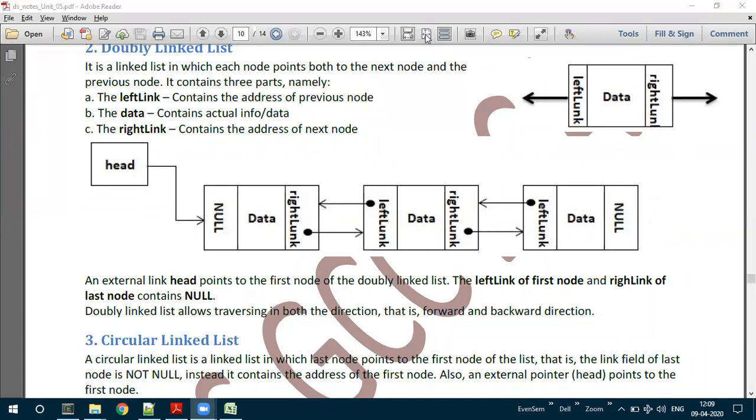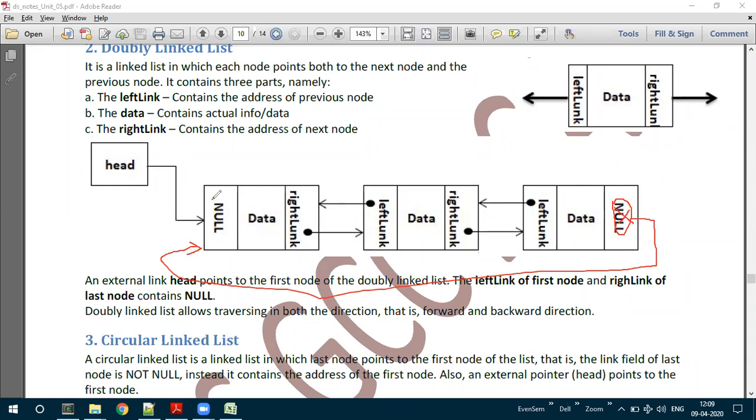For the last node, we can assign the value of the first node. Yes, exactly. In the doubly linked list, the right link of the last node is null. To make it circular, instead of this null, we can store the address of the first node.